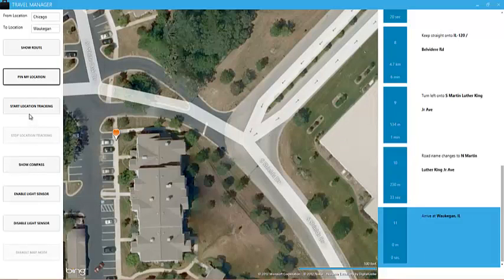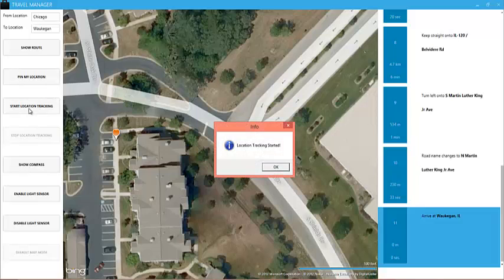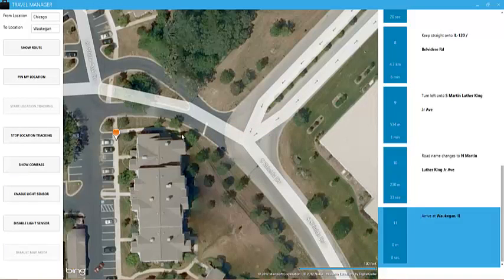And coming to start location tracking, I'm just starting the location tracking. Location tracking started. So as and when we are moving around, the pumpkin will move around, or the map gets refreshed, and the pumpkin is shown appropriately based on the current latitude and longitude values. I'm just stopping the location tracking,